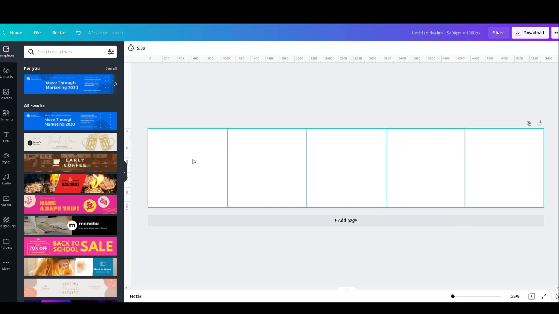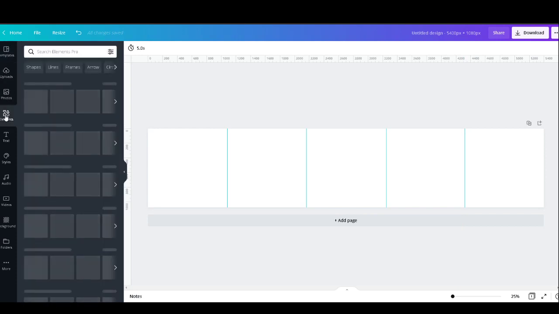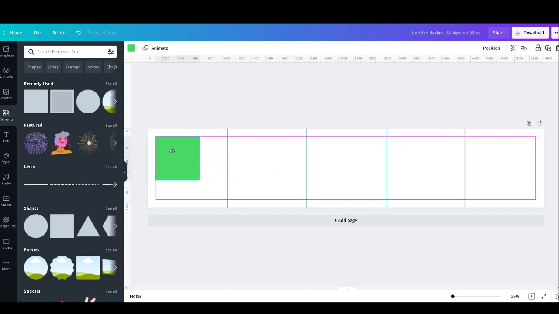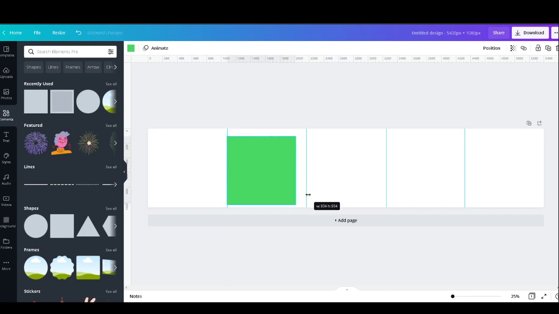Okay, so we got a total of 1 2 3 4 5 images already, and we want to add an element to that, or we can add anything we want to. Suppose we want to add a shape, or we can add anything like this. This will be better, and here I'm going to increase the size.